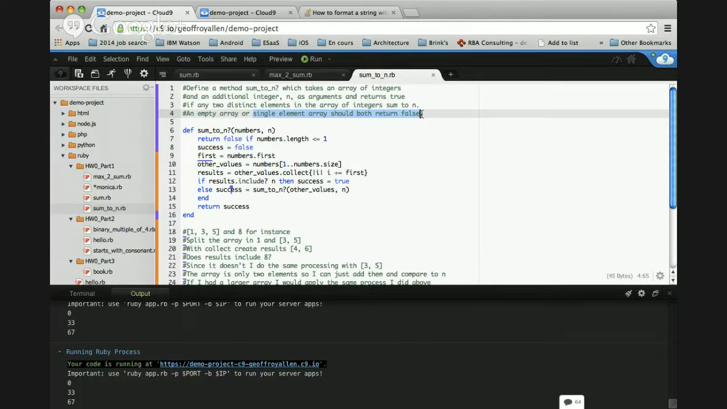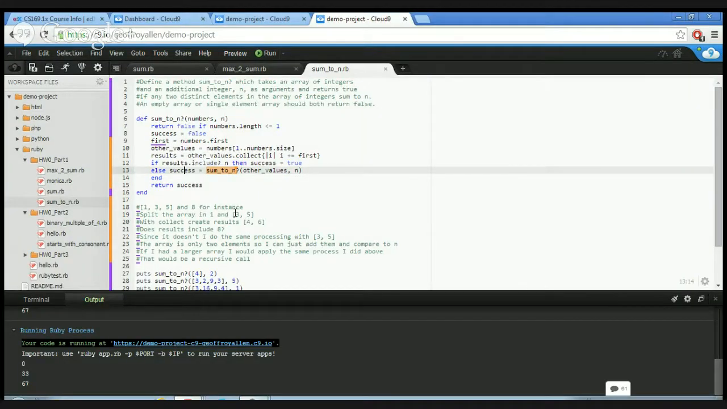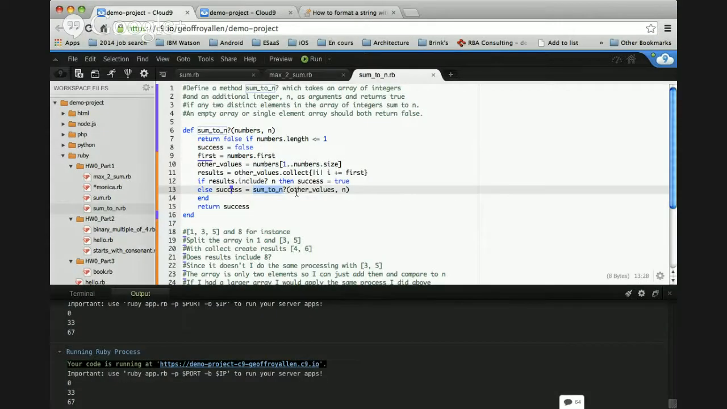Yeah. So, do you see how we're calling ourselves with the smaller array, and of course the same target number that we're looking for. And each time you loop through the whole thing and go through this again, the array that's being passed is going to be one value shorter, and then it's going to get shorter and shorter